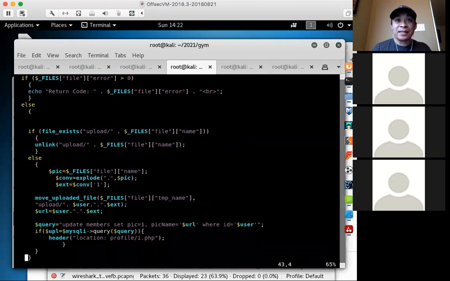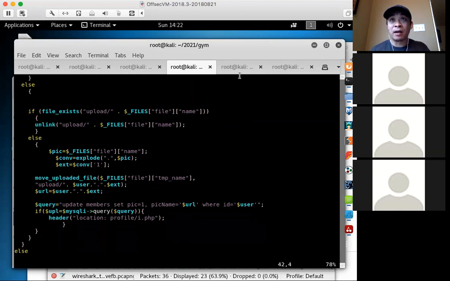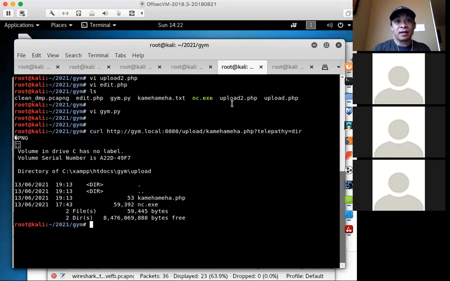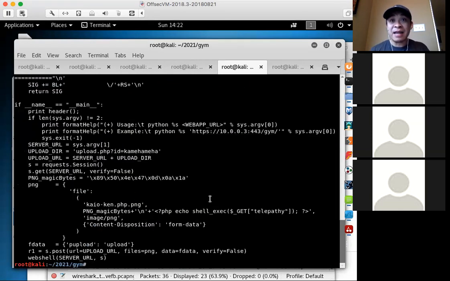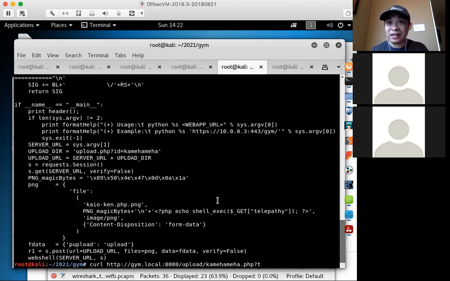So what happens? If you remember, the name of our file is this thing right here, kaikoken.php.png. But the curl command I did though was this guy right here. It turned to